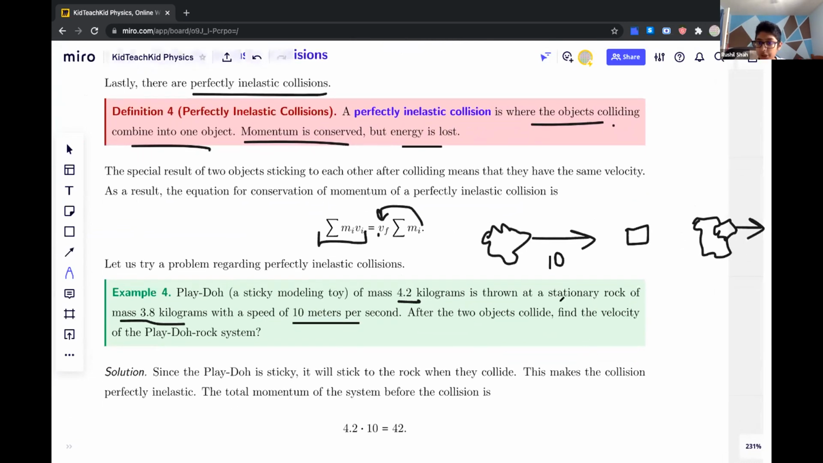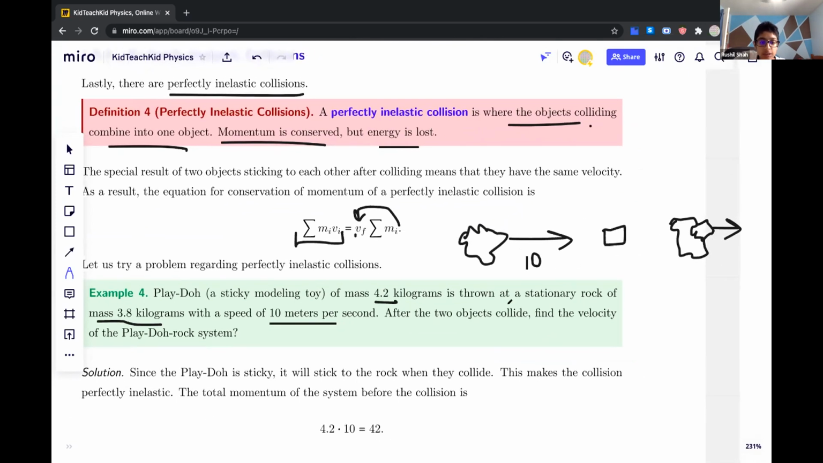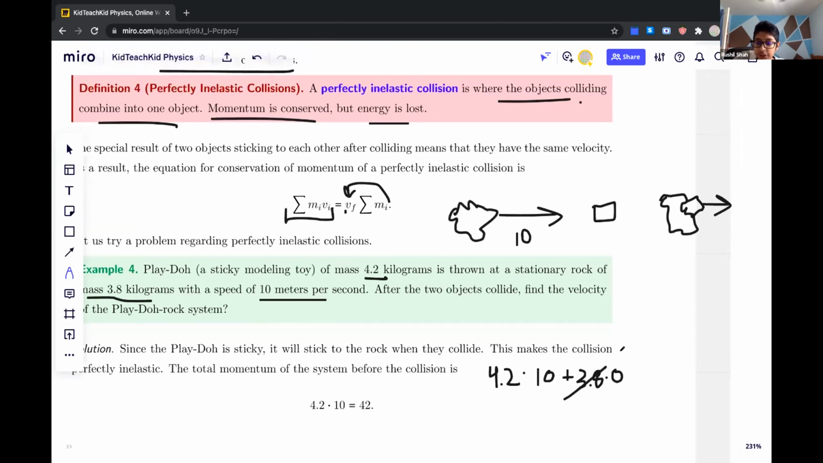So let's first do this by finding the initial momentum of all of the objects. The total momentum of the system before the collision will be the momentum of the Play-Doh, which is its mass, 4.2, times 10, which is its velocity, plus the mass of the rock, 3.8 kilograms, times its velocity, which is 0 since it's at rest. So this is just 0, and this means that the total momentum before the collision will be 42 kilograms meters